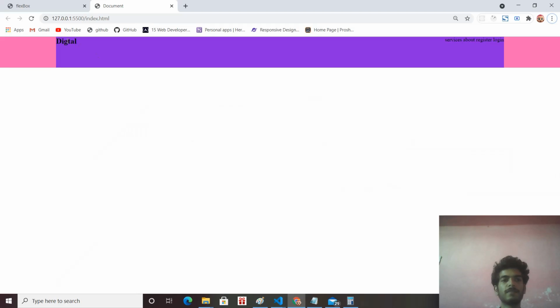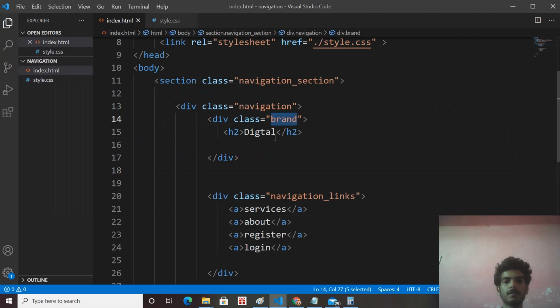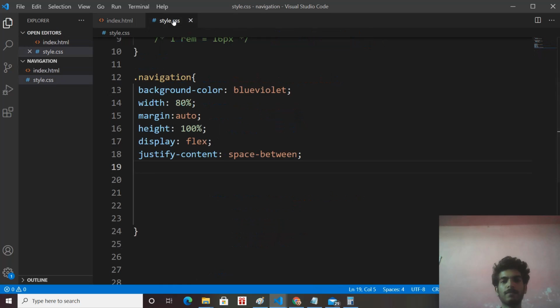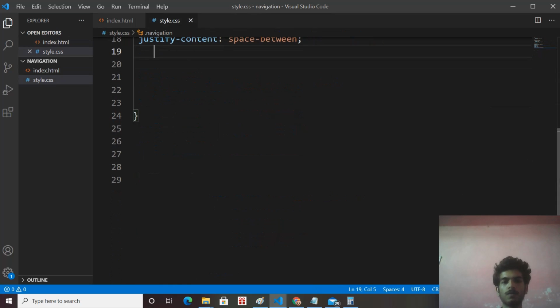Let's select this brand name and increase the font size. Our brand is in the navigation container and has a class name of brand. So to select our brand, we have to select our navigation class first, then select our brand, and we can now give font size.